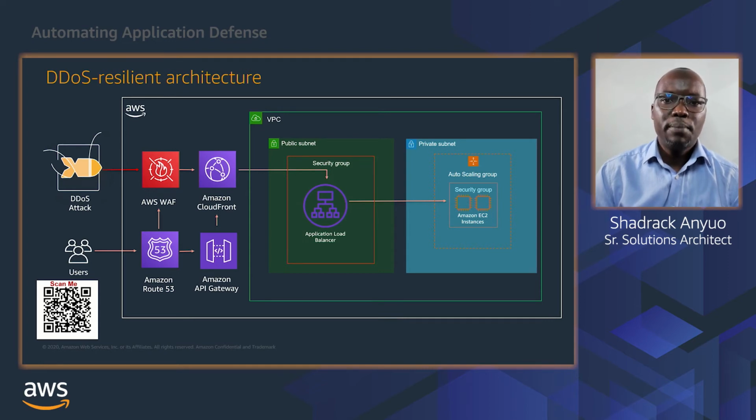This in turn helps you to reduce the load on your origin servers. We also have API Gateway, which acts as the entry point to your application, thereby making it harder to detect your application components. The value that these services do bring is that these services are global, they automatically scale, and are also fault tolerant.